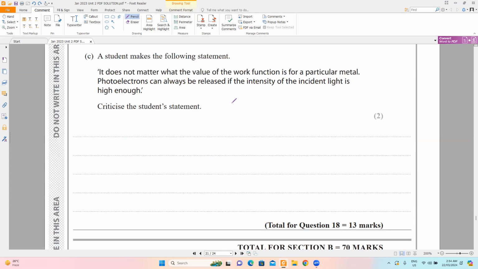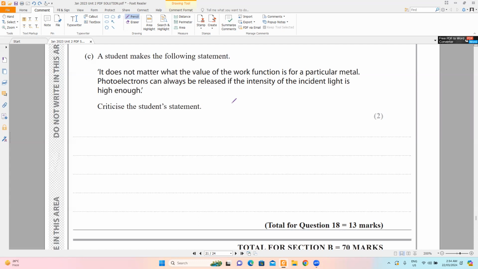Next part of the question says, a student makes the following statement. It does not matter what the value of the work function is for a particular metal. Photoelectrons can always be released if the intensity of light is high enough. Criticize the student's statement. Of course, the student is wrong in this context because